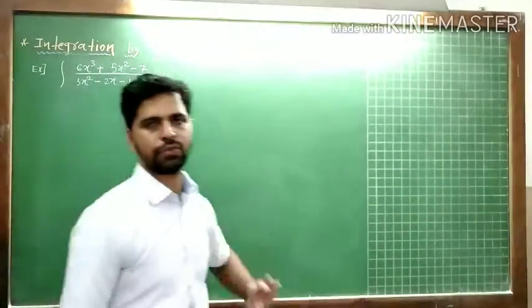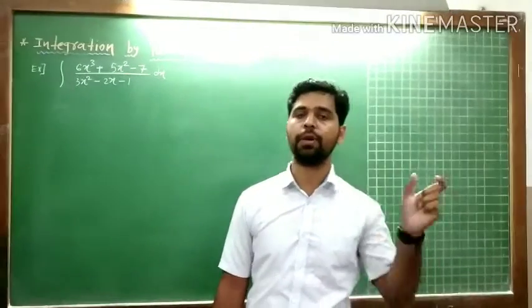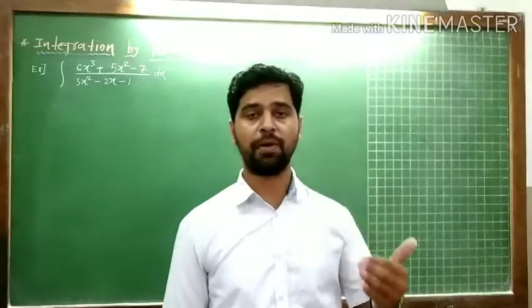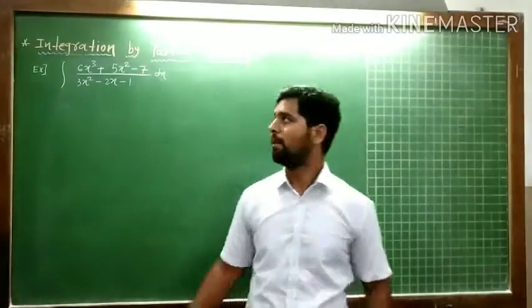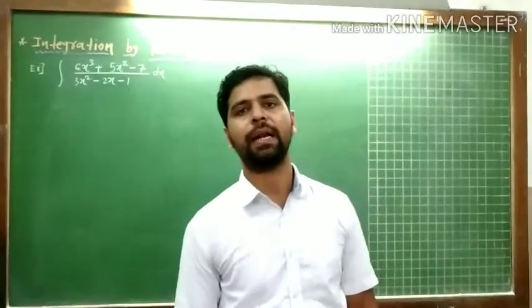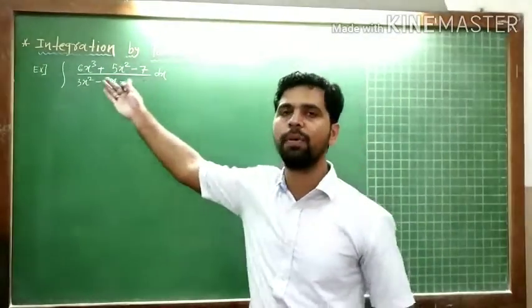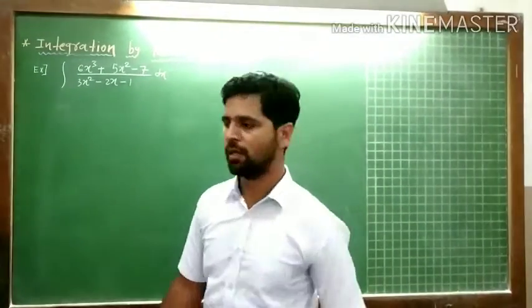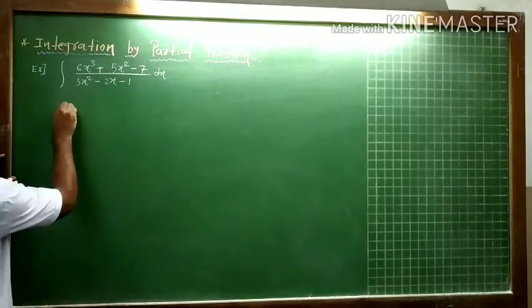Your numerator is a cubic expression, but in that expression form your numerator degree is always less than the denominator. Here your degree of the numerator is greater than the denominator. It means we have to divide your numerator expression by this denominator, right? So how to divide it? This is called division of polynomials.